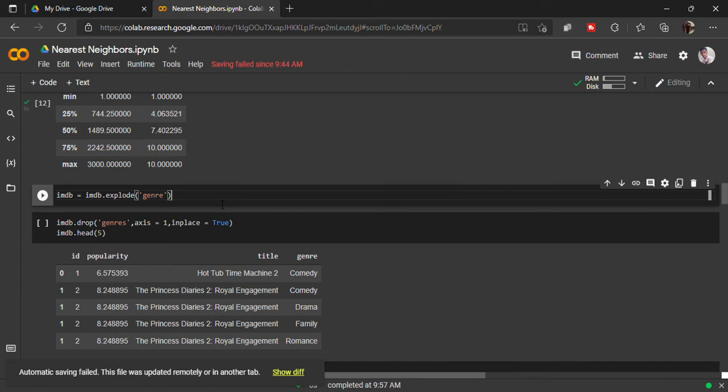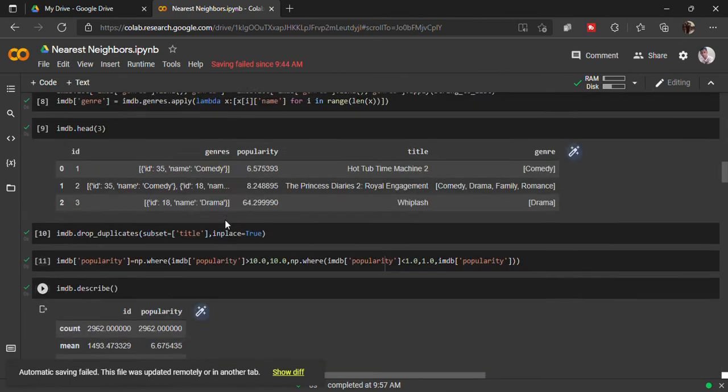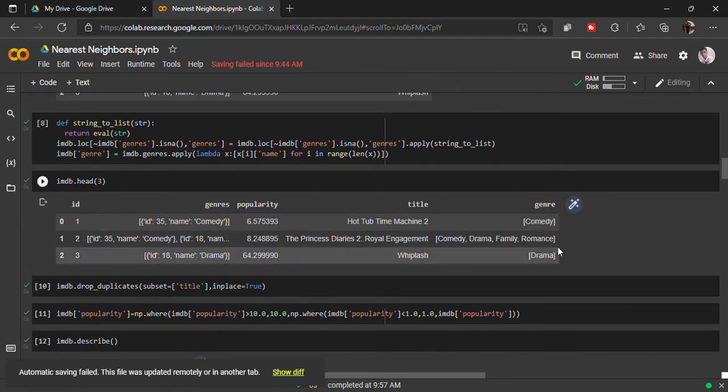And here, like you can see, you have one value in this list, you have multiple values in this list, and one value in this list. So when you one hot encode these values, it will take the whole of this as one, and it will take this only as one.